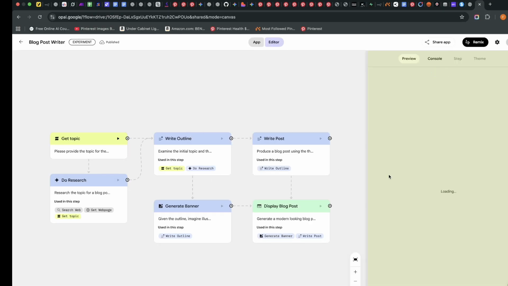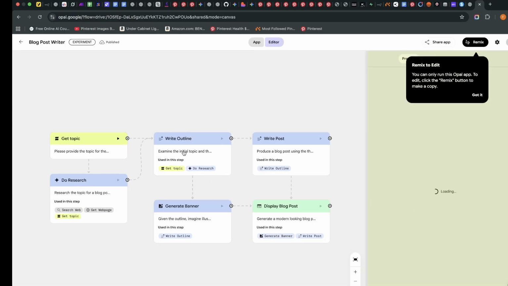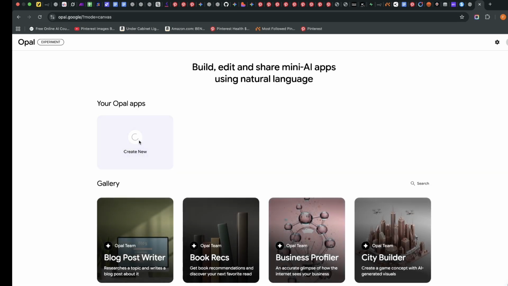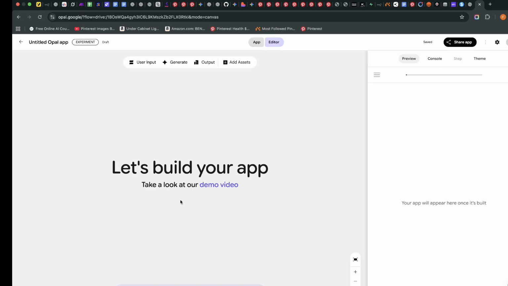You will see other, similar apps which have been built by others. Look at this blog post writer. This is it. You can see the workflow: write outline, write post, do research, generate banner, display blog. So I'm going to do something a little bit different. I'll click on create new and I'll see create a blog post